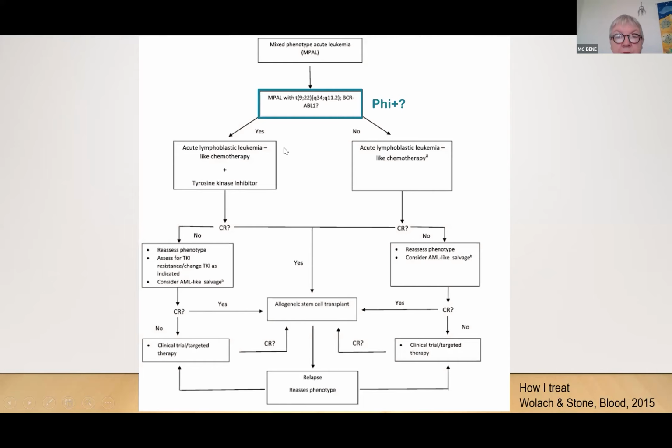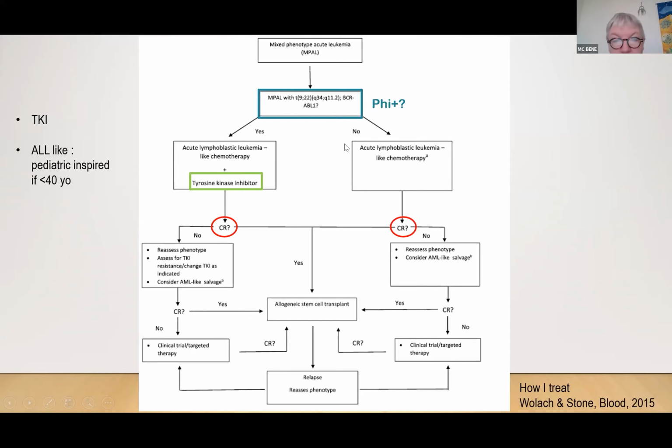So the first thing you have to look for is: is there a Philadelphia chromosome? If yes, then you're going to use acute lymphoblastic leukemia-like chemotherapy, so an ALL treatment, and a tyrosine kinase inhibitor. The ALL-like therapy is pediatric-inspired, that means with a pre-phase of corticoids and then a chemotherapy that you can do until your patients are 40 years of age. That's what you will do if your patient doesn't have the Philadelphia chromosome. So it's basically the same therapy, but you will add a TKI for the patient with the Philadelphia chromosome to